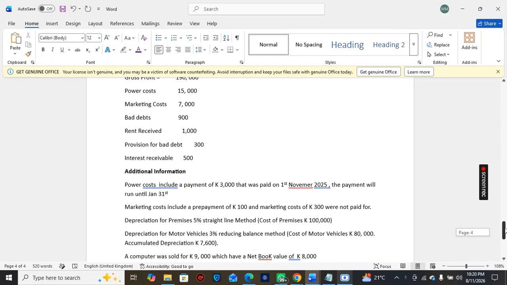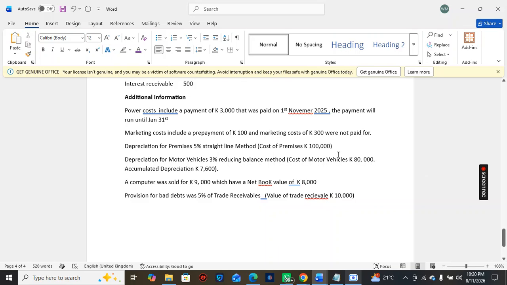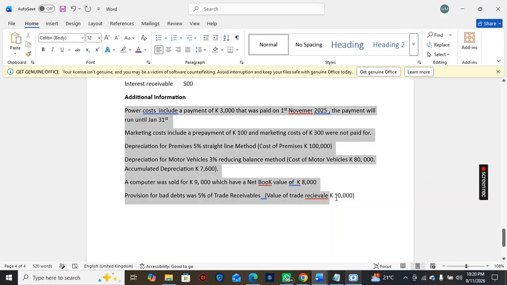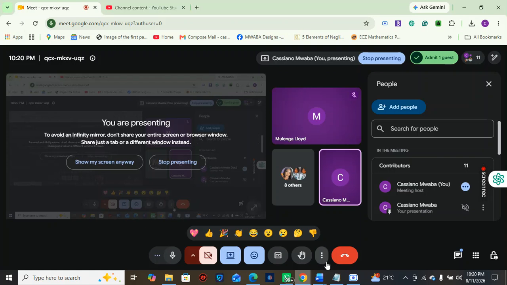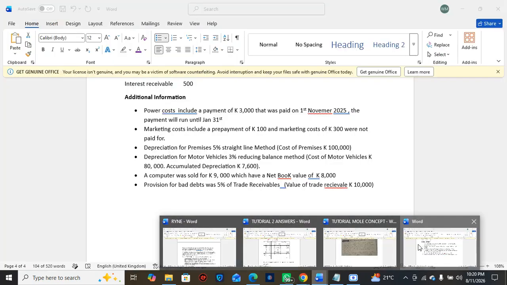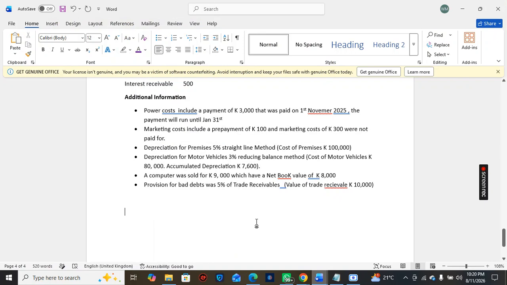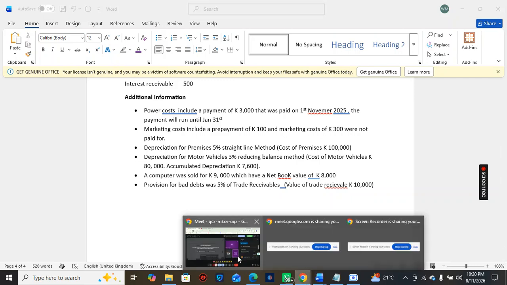Yes, so usually before you start your statement of profit or loss, first things first, you need to deal with the additional information. You have to adjust these before you start solving. So we're going to start with the first adjustment, which is with prepaid expenses. Colleagues, prepaid expenses are expenses you pay for in advance. So, in the question, they've told us that